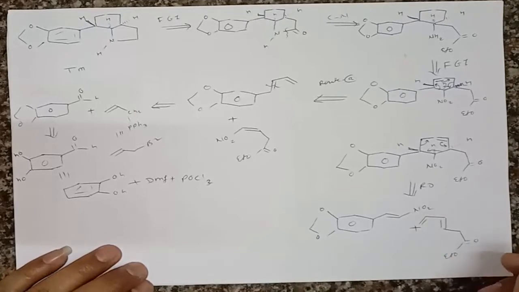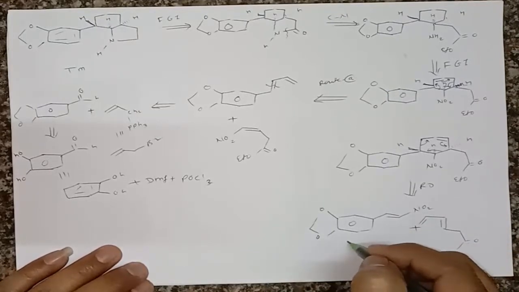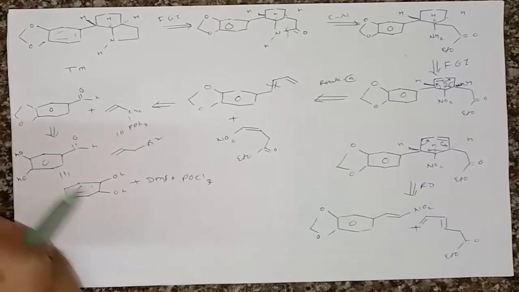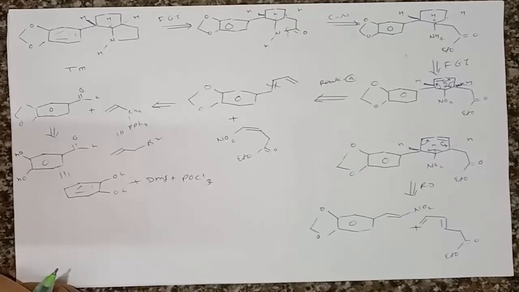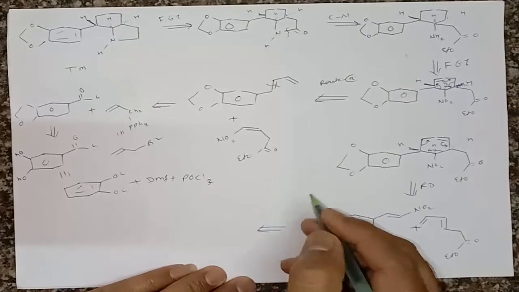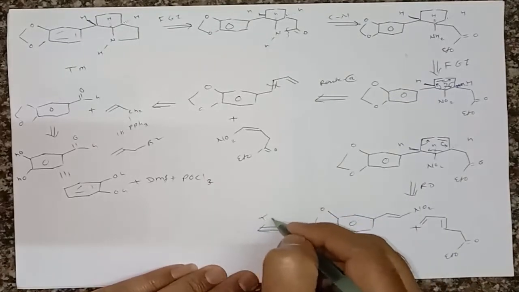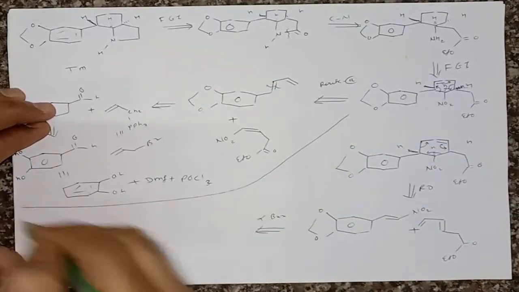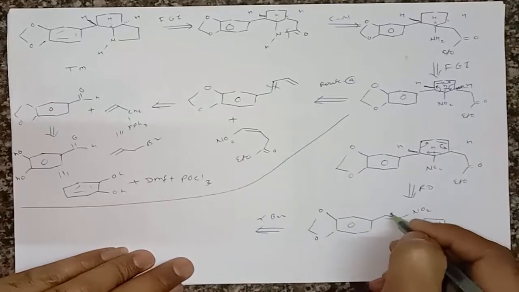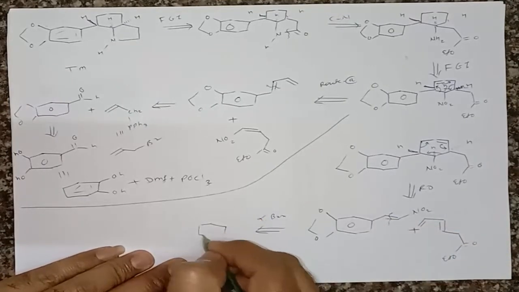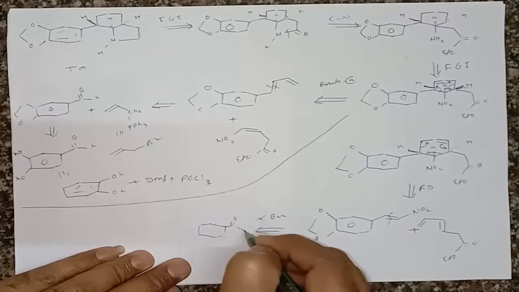So this compound is a trans compound, and this trans compound is easy to synthesize. Therefore we can prepare this compound. How can we prepare it? We know that it contains an alpha beta unsaturated system, therefore we can break this bond at this position, and it gives formation of such type of aldehyde,